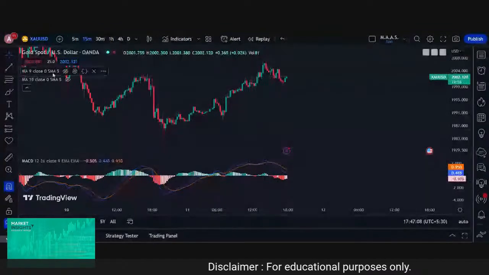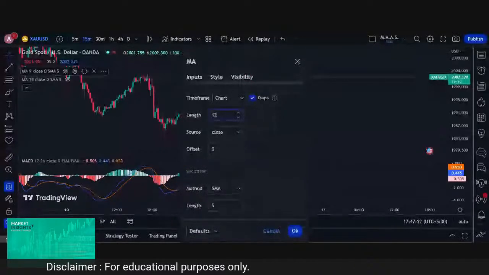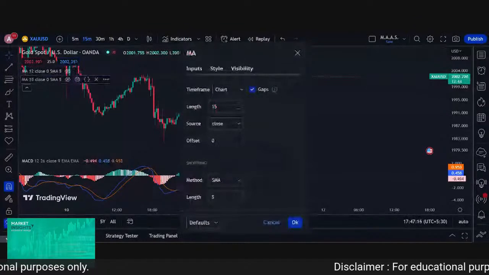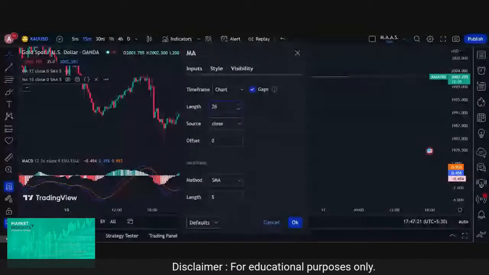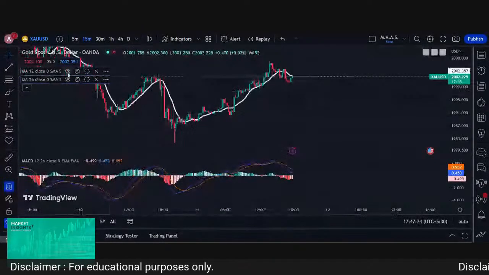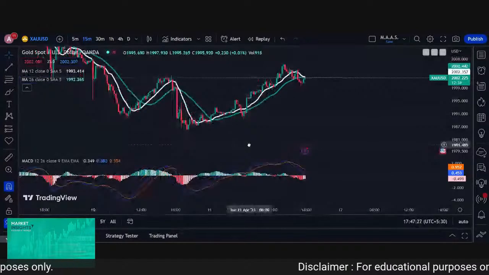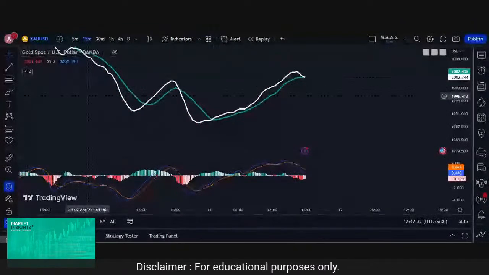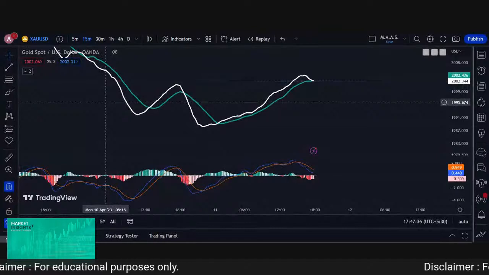Okay, the first important thing that I will show to you guys is the meaning of MACD. 12 and 26, right? Now let us open it up. Now look at this particular chart, I'm just removing the chart itself. I'm clearing everything up. Now consider